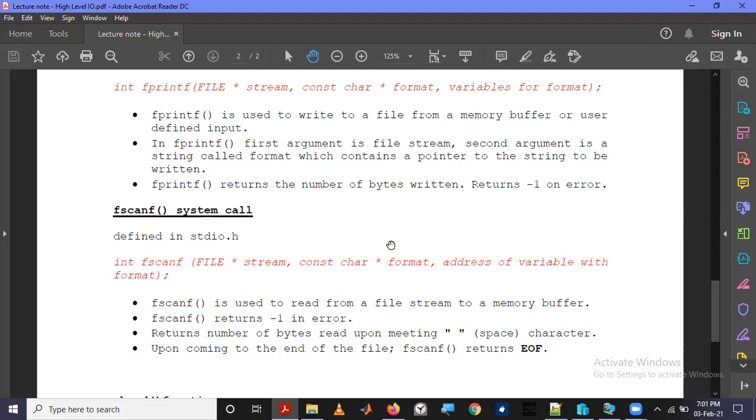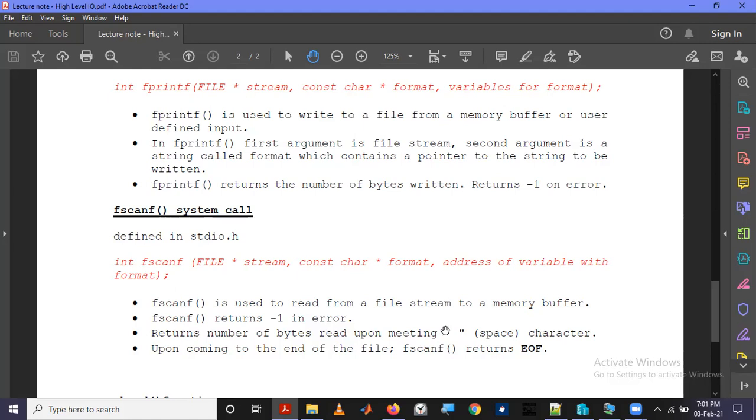Until it is found, you can read. When EOF is found, you cannot read anymore using this fscanf. So a particular scanning will end upon meeting a space character.